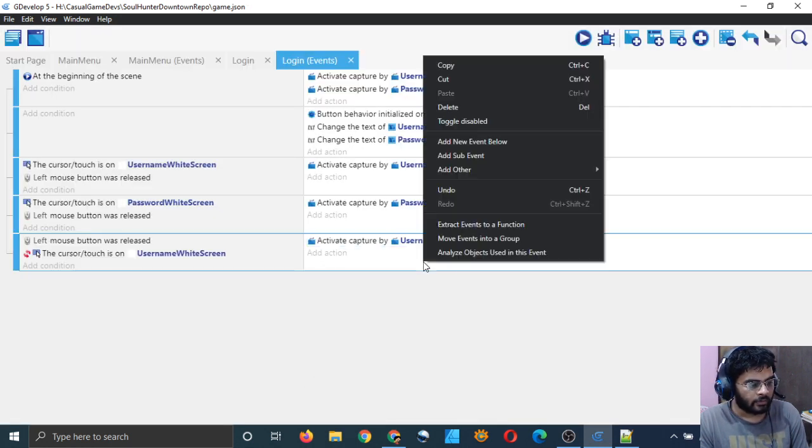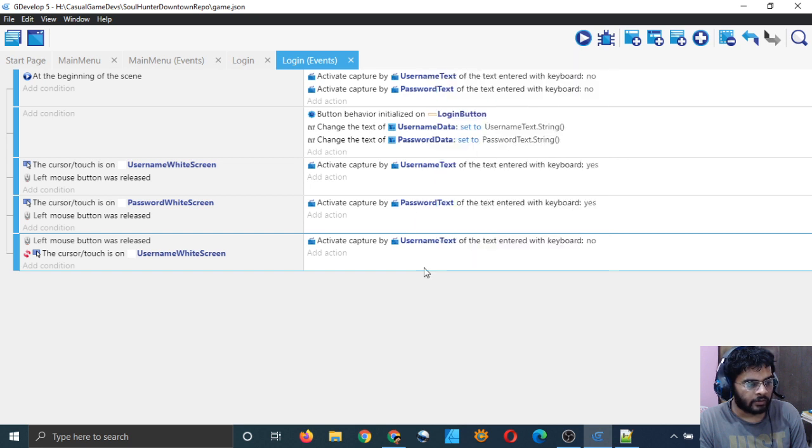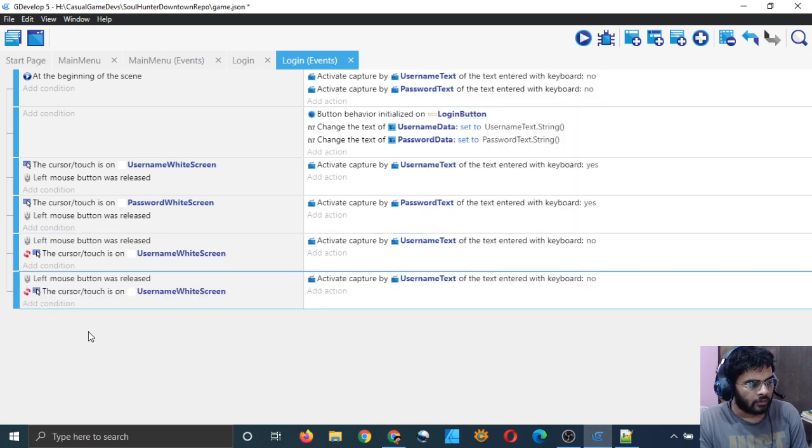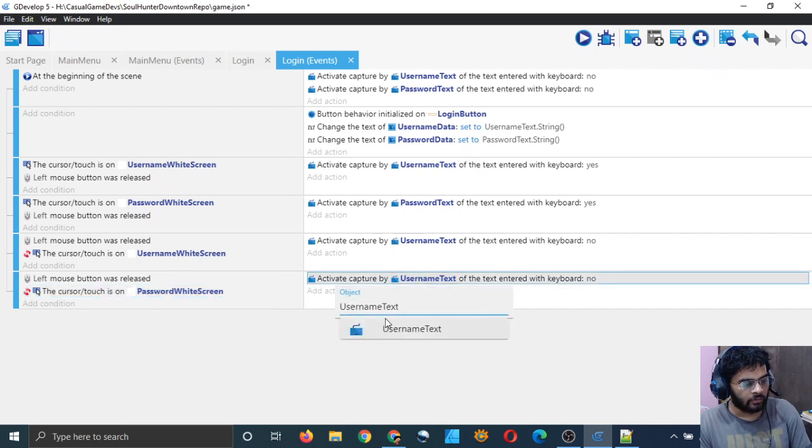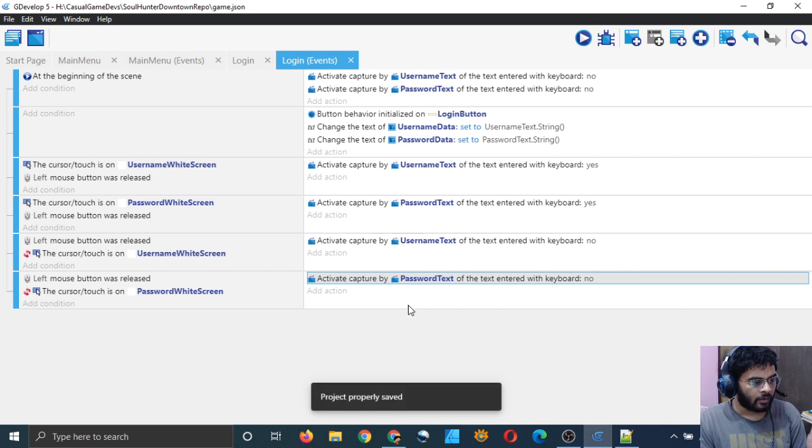I will simply copy this event, paste it, and here I will just type password white screen, and here I will simply type password text, and now it should work.